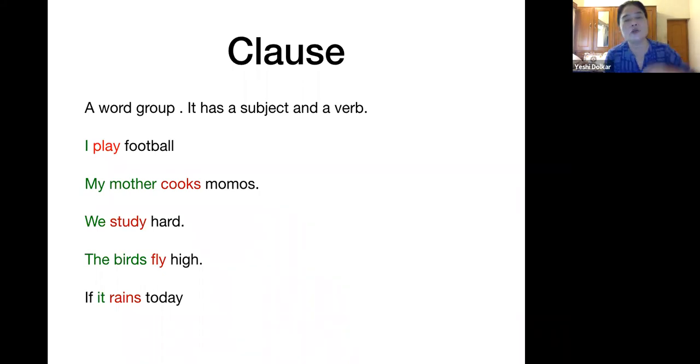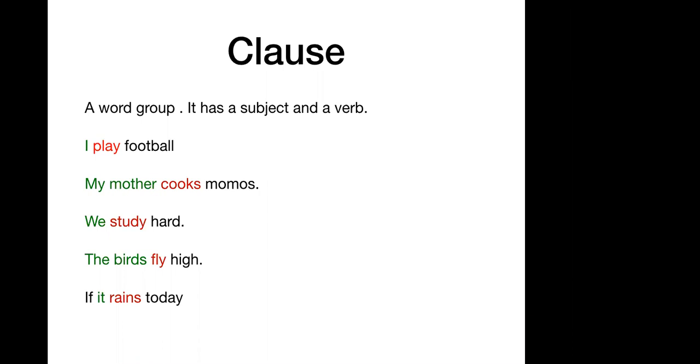Now, if you look at the first, second, third, fourth clauses, they all are the same as sentences. But if you look at the last one, it says, if it rains today, it is a clause, but it's not a sentence. It's a fragment. If it rains today,